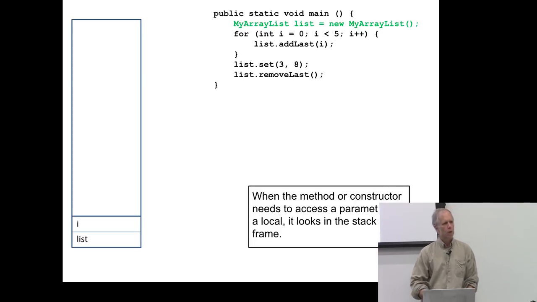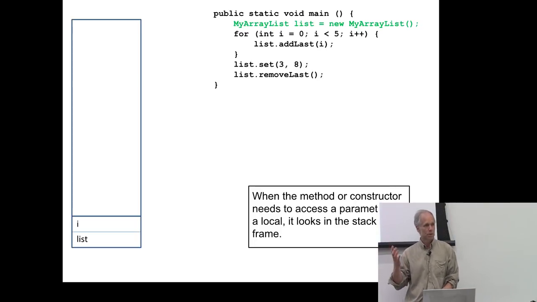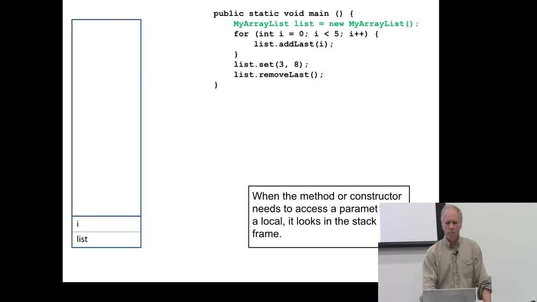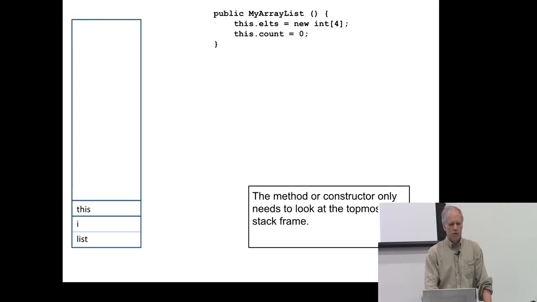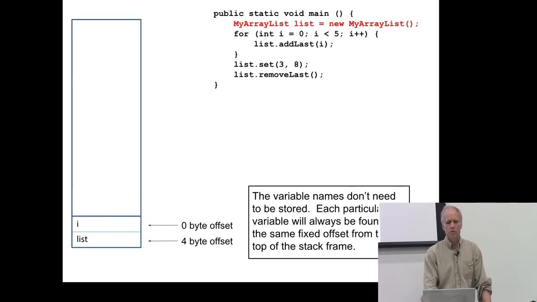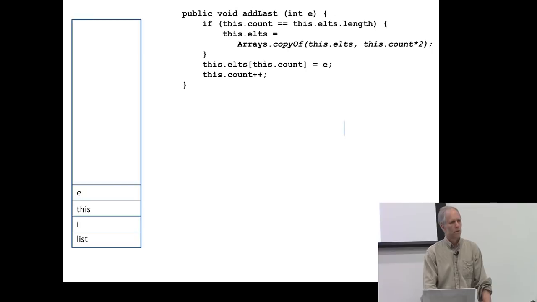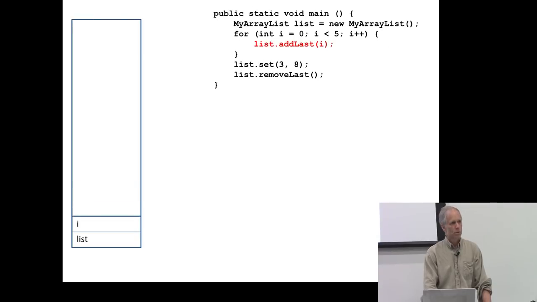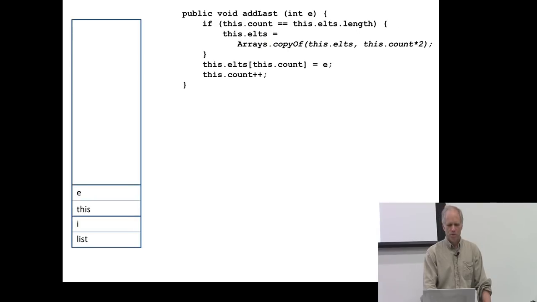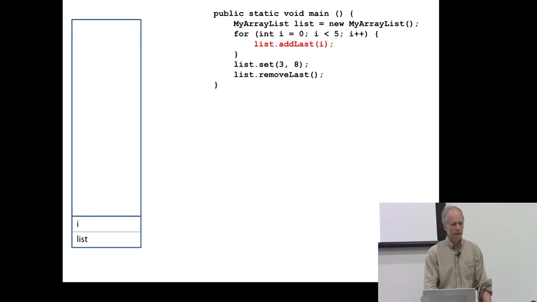Now I'm going to run through this once without any objects. I'm just going to look at the stack. We're about to call the constructor, so we know a stack frame gets pushed that contains this. And then it returns. Then we get into the loop and we have to call add last. That gets pushed, then it returns. We go around the loop again, push, return. Again, push, return. Fourth time, push, return. And I think the fifth time,